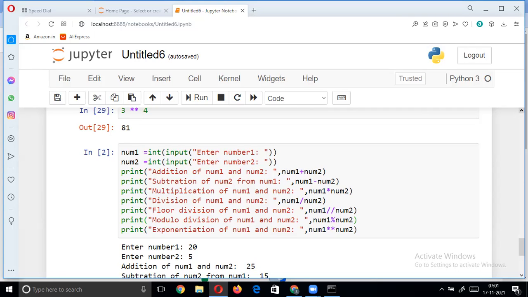If it is implicit typecasting, it automatically converts from one data type to another data type. Whereas for explicit typecasting, we have to provide the syntax like this to convert from one data type to another. Here we are accepting the string and that string is converted into integer.